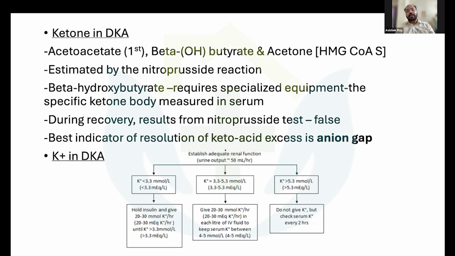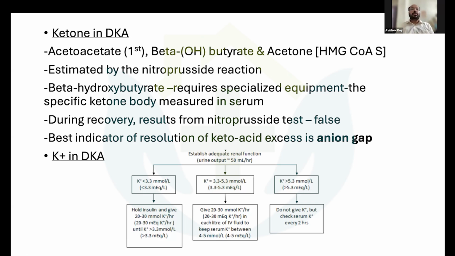Once you start therapy with insulin, it reduces drastically. So if your potassium is less than 3.3, it is advisable to hold insulin and give potassium 20 to 30 milliequivalent per hour. Again, from an ICU point of view, these are all based on guidelines, JBDS guidelines, ADA guidelines in